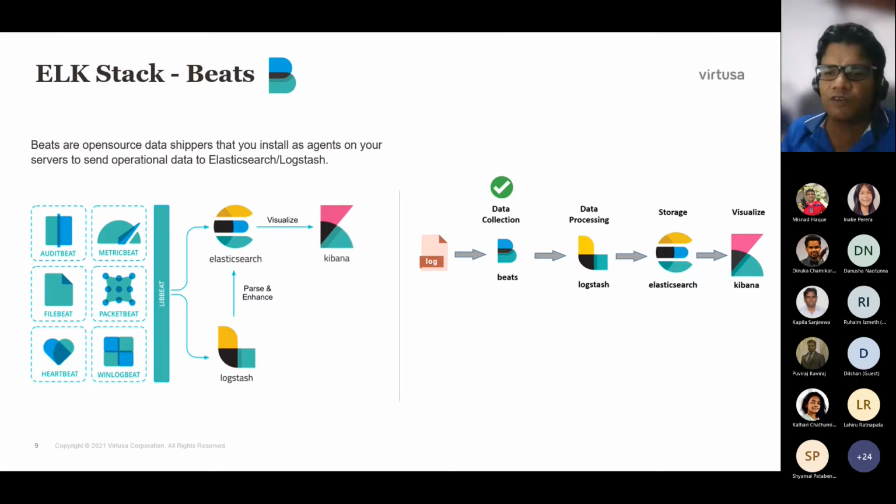Once you deploy MetricsBeat on the server, you can enable it to monitor your CPU usage and memory usage, and if you have deployed Docker, you can talk to the Docker socket port, and everything related to Docker, how many containers and the health of the containers, can be grabbed from MetricsBeat.